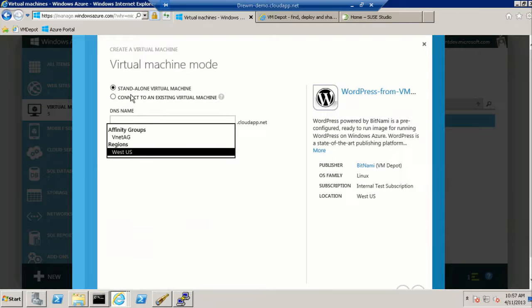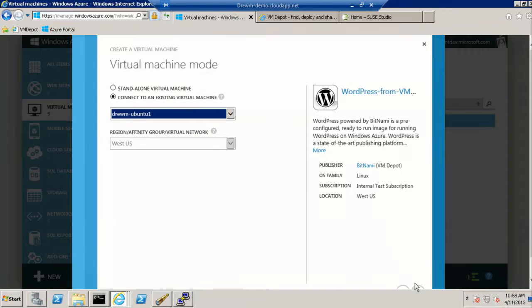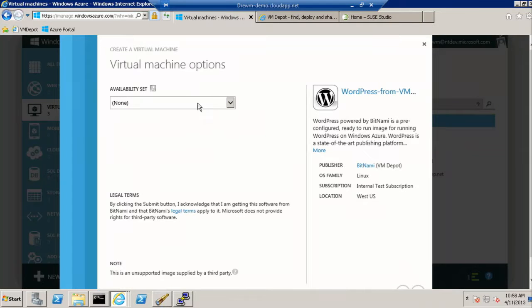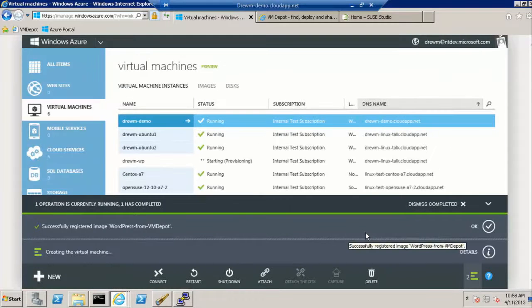I'll go ahead and also put this on that same cloud service just for demonstration purposes, and I'll throw this in the availability set as well. At this point, it's going to do the same operation as it did from the platform image, but instead of copying something out of these platform image accounts, it's going to use that image that was loaded in here. Now, as that's going on,